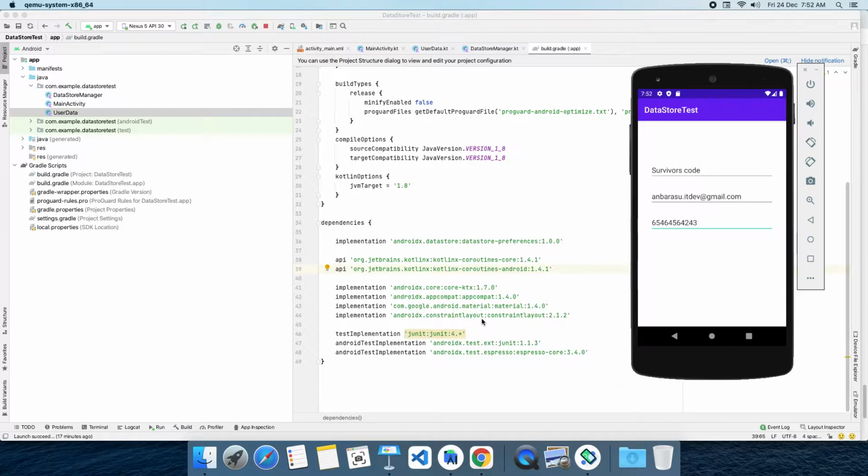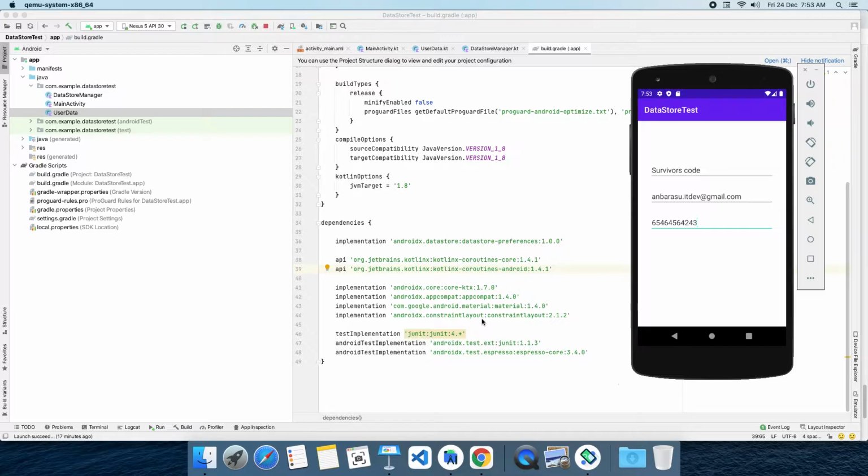In this video today we are going to discuss preference data store in Android. What is a preference data store? Preference data store is a data container in which we can save user preferences as a key value pair. All the reading and writing operations on the data store happen off the main thread. It means it is happening in a separate thread so that it will not block the UI.